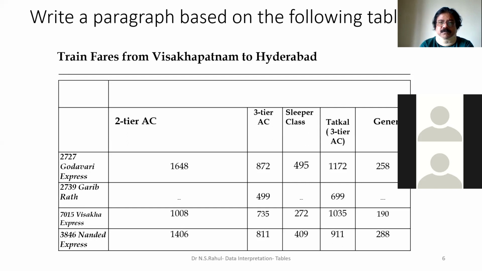Three-tier AC seat costs 811 rupees. We may get disconnected in 30 seconds. Sleeper class seat costs 409 rupees. Tatkal ticket costs 911 rupees and general ticket costs 288 rupees. From this, we can compare that the Godavari